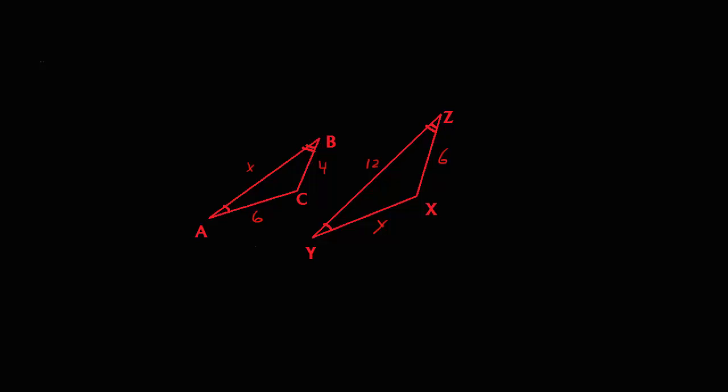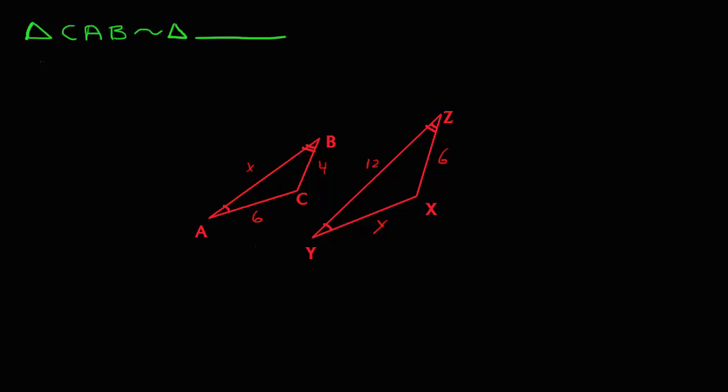The next question you could be asked is to write the similarity statement for these two triangles. One way that question could be asked is, you have triangle CAB is similar to, the wiggly symbol there is the math symbol for similarity, triangle blank. And the trick is we have to find the corresponding angles in our second triangle and write them in the